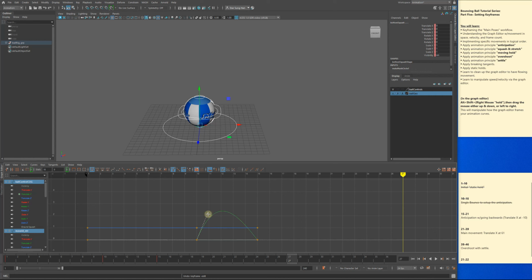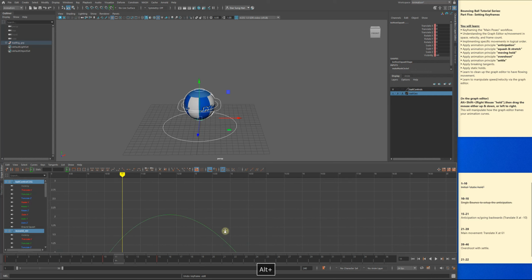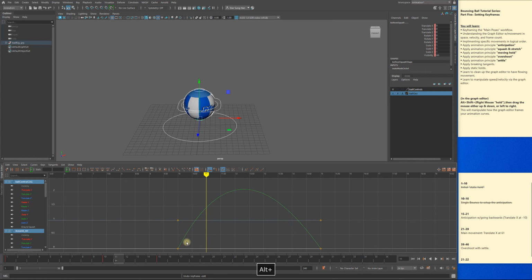Grab that. I want more of a natural curve. It's just nitpicking right there. All right, so we broke the tangents. You learned about that. Learned about this velocity, right? So going back to this is a velocity from here. It's gonna blast off. This curve means that it's a